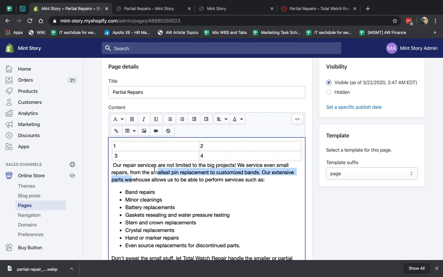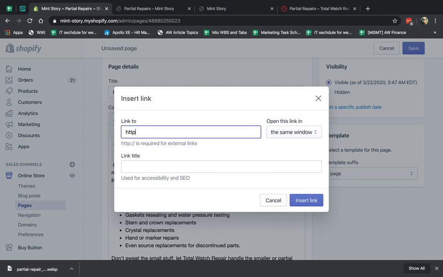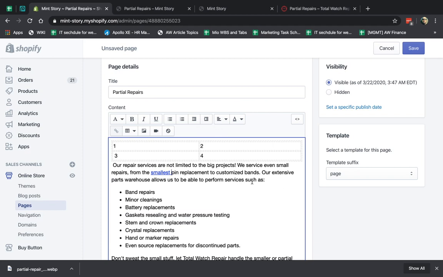I can go here. For example, I want this to be a link, and I can link it to, let's say, I don't know, yahoo.com, okay? Whatever it is, my site slash mysite.com slash whatever it is. So slash, free, okay? And I can also put it for SEO. I can just call it free link, okay? And I can specify if I want it to open in the same window or open a new tab right here. Okay, so now I have a link, and you have all of these other things, right?